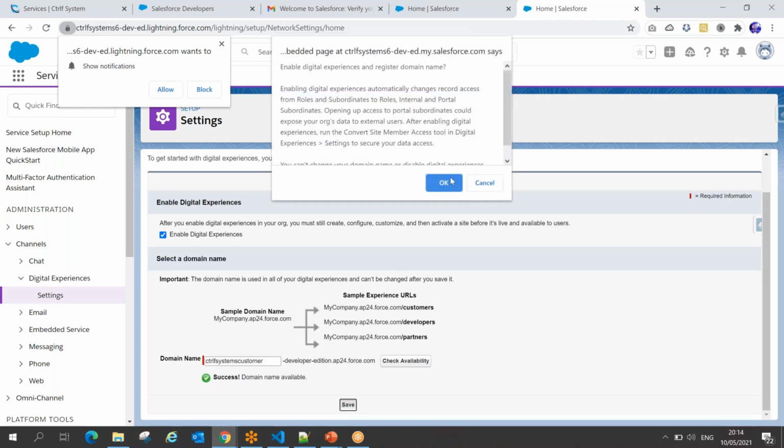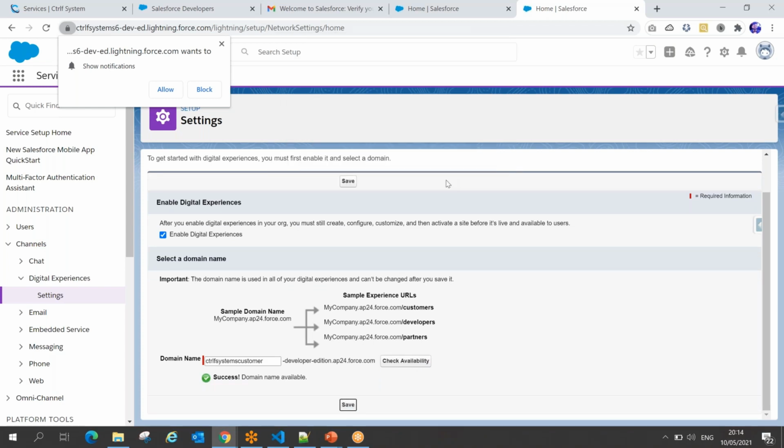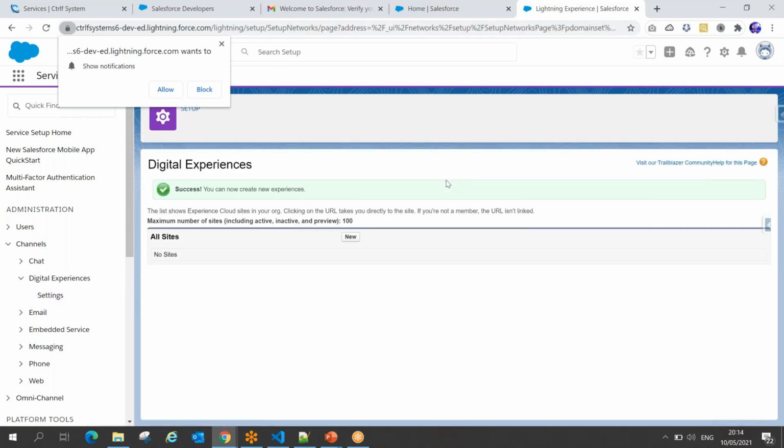So now I have enabled my digital experience, or you can say my account where I can build my experience for my customers. So once you enable, depending on your editions, you can see the number of sites you can create. Okay. So we signed up for the account, we enabled digital experience. Okay. Now in the next, we'll see how I am going to start with my community, selecting from the template